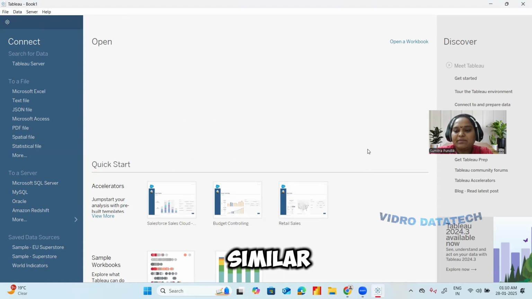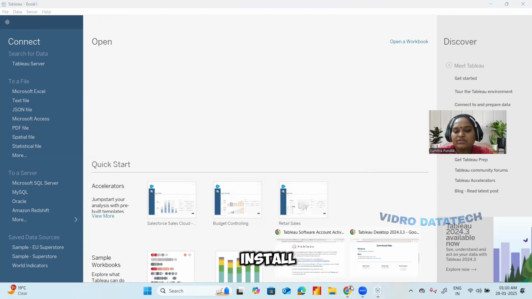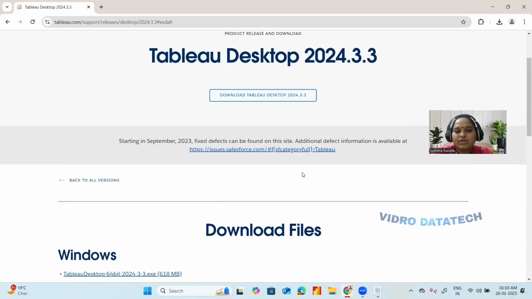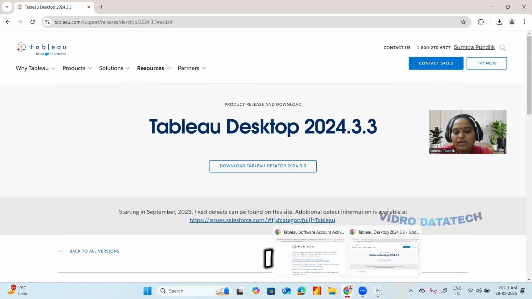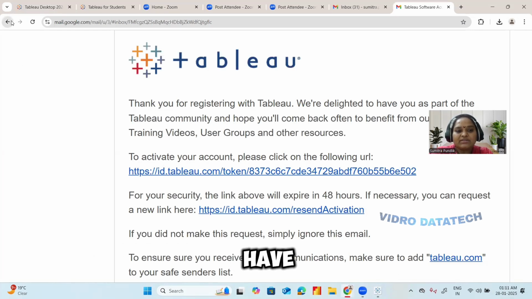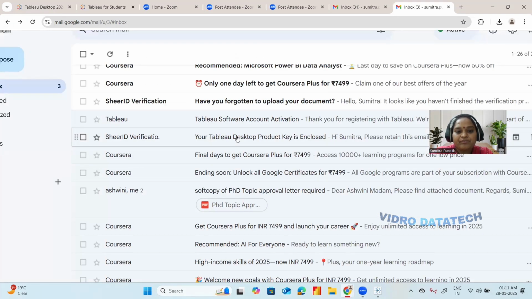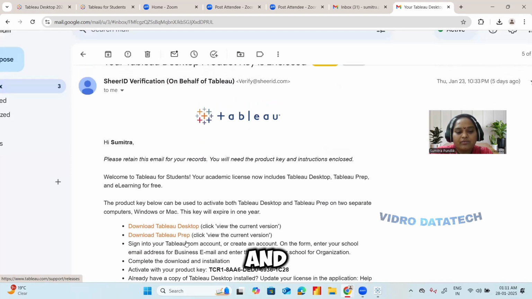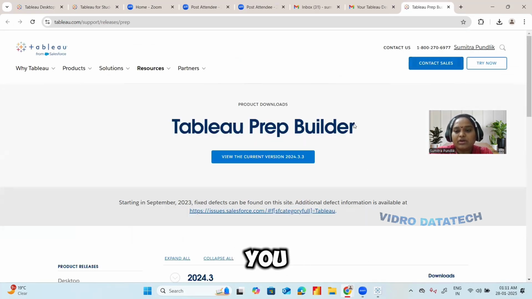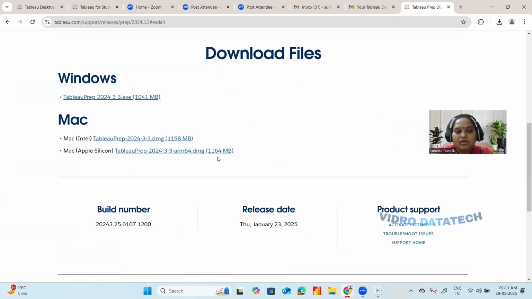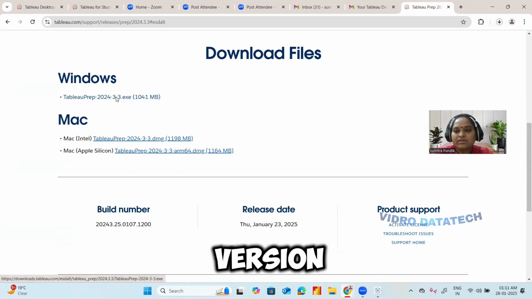In a similar fashion, if I want to install Tableau Prep, here in the same login, by using the same login, I can get the link through the email that I received earlier, and find Tableau Prep. You need to log in, view the current version of Tableau Prep, and download that current version.